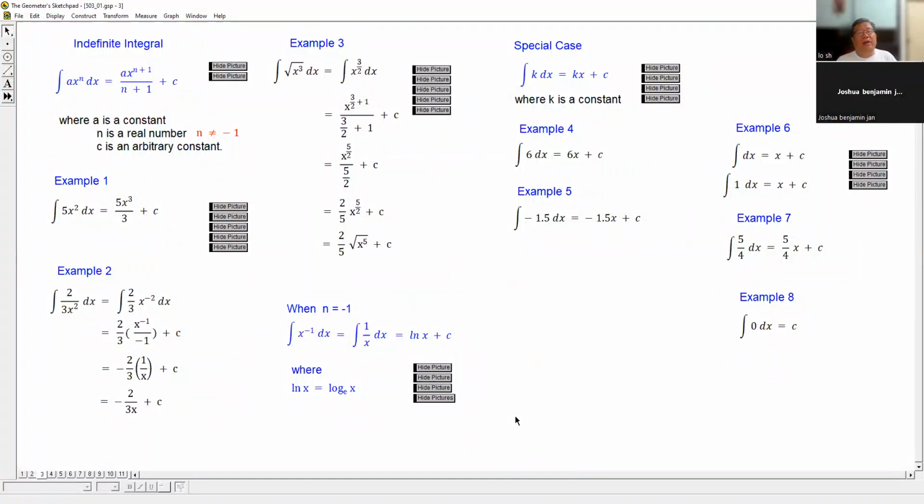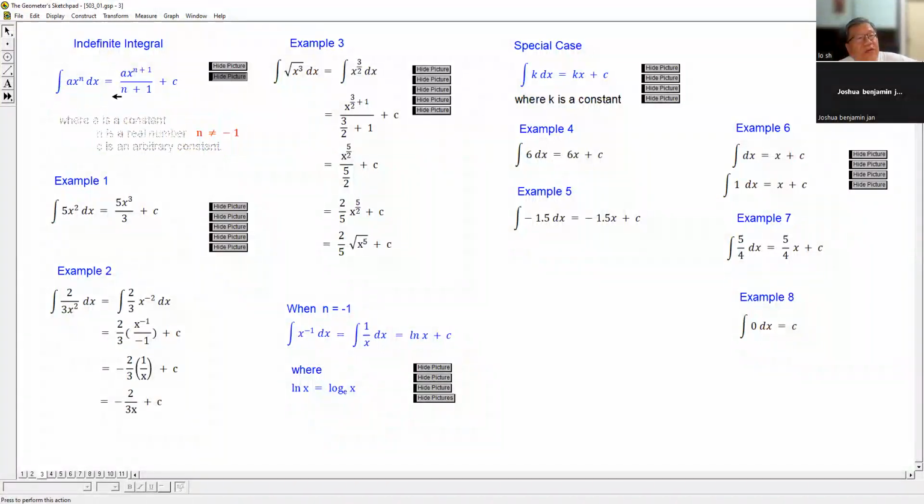Okay. Now that is the meaning of integration. But we are not so lucky. Every time they will ask you, hey, you differentiate first, then you get the answer, then you integrate. No. Sometimes they ask you to integrate straight away. They don't give you the original function. So if you want to integrate straight away,